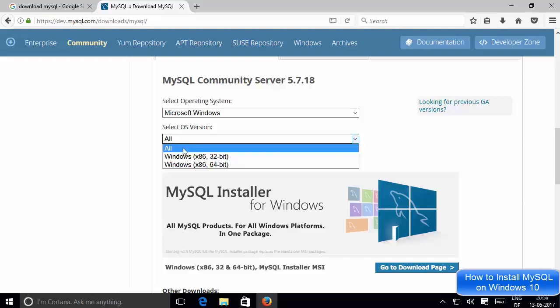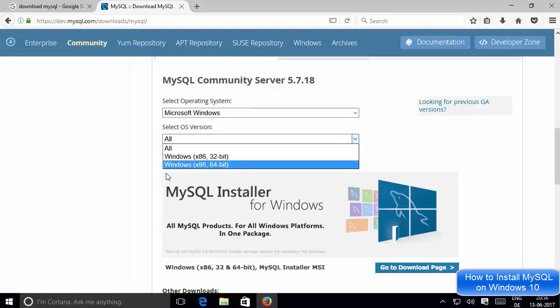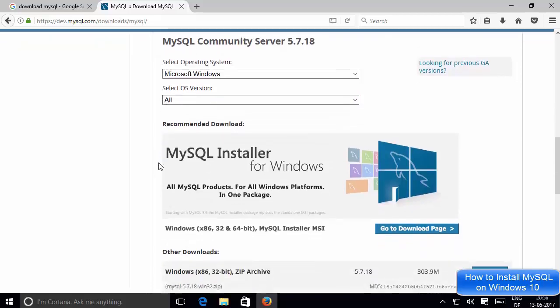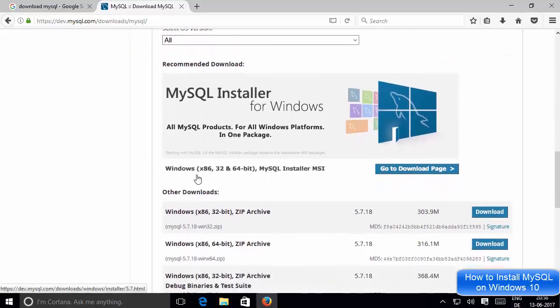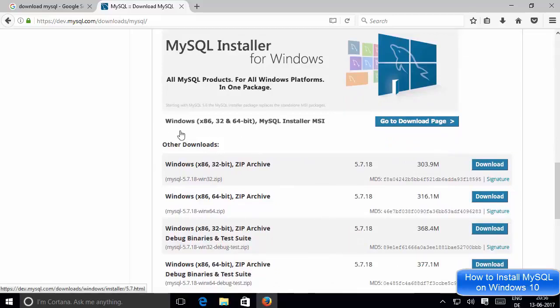Right now I will leave it as default, all. Then I will scroll a little bit down and I will see this description which says Windows x86 32 and 64-bit MySQL installer MSI, and the button given here says Go to Downloads Page. So we want to click this button.